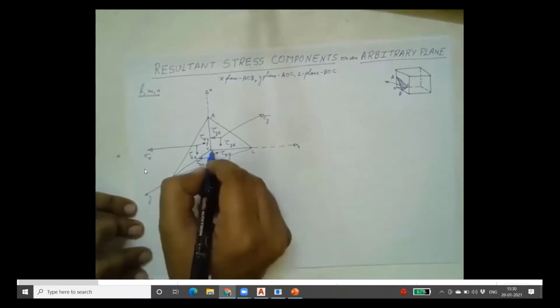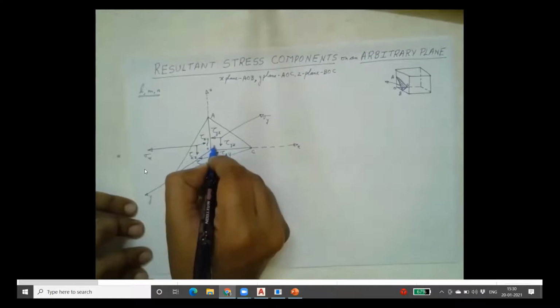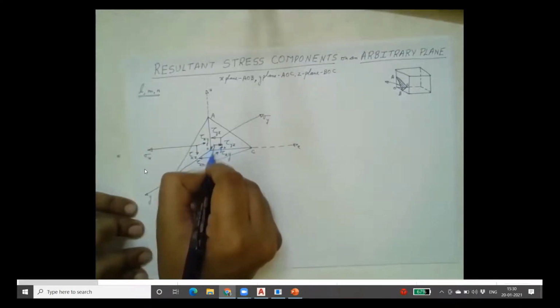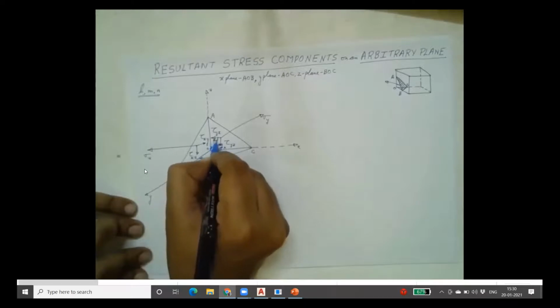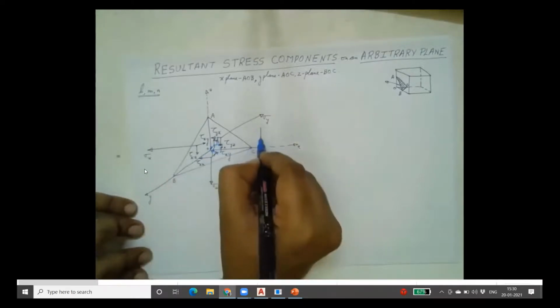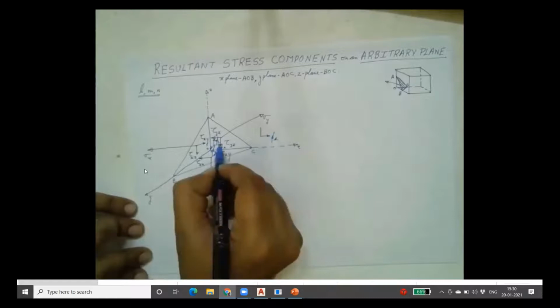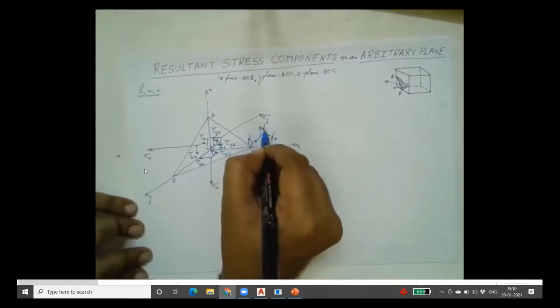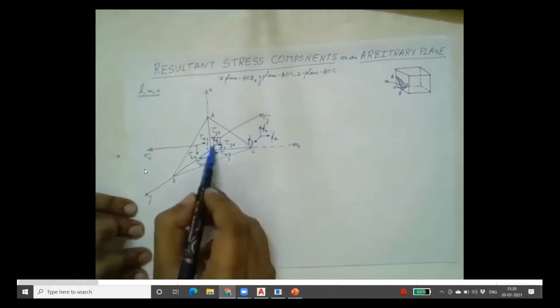Along with this, there will be three body forces. So body forces, I represent it here. This is Fx and Fy and Fz. Okay, if I draw it separately here, Fx, see this enlarged view I am drawing here. This is Fy and this is Fz. Okay, three body forces will also be there here.